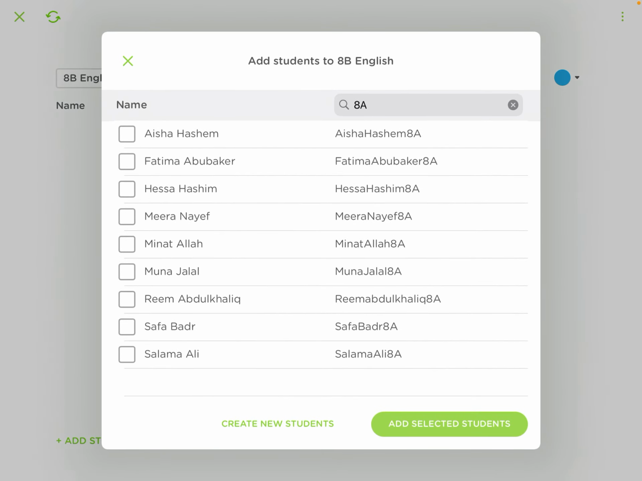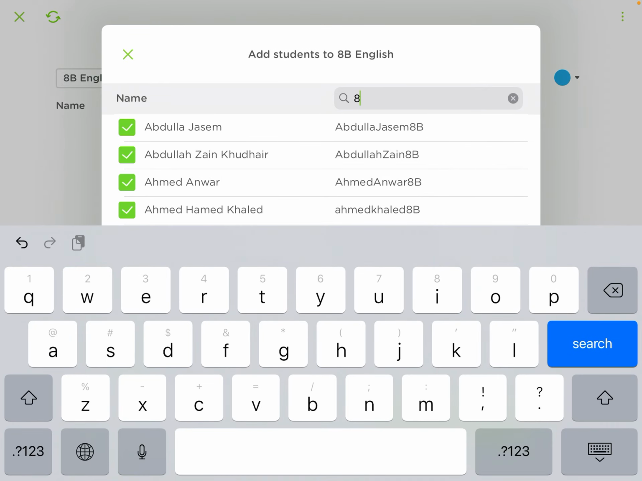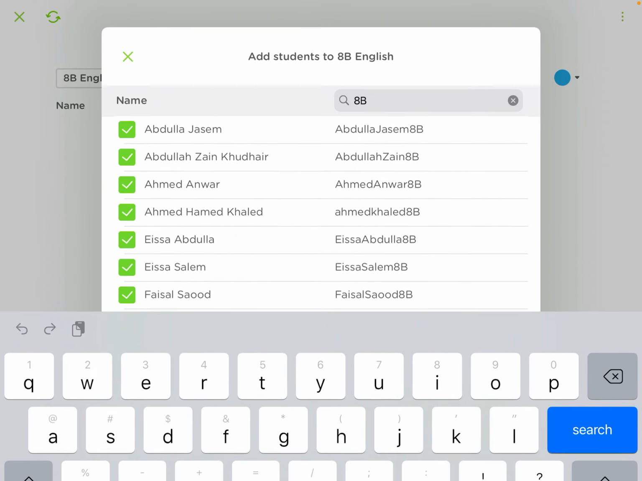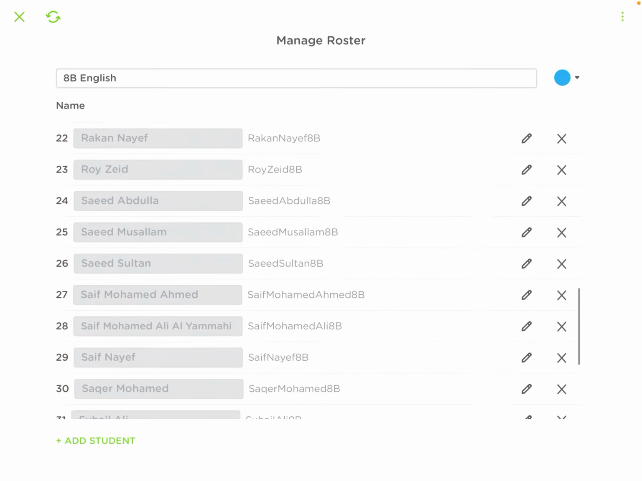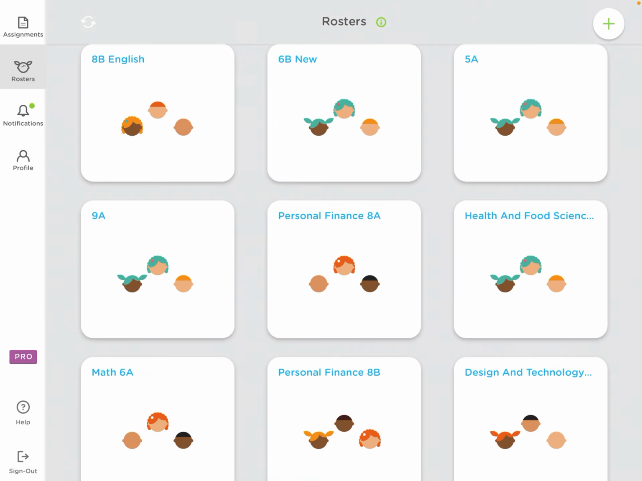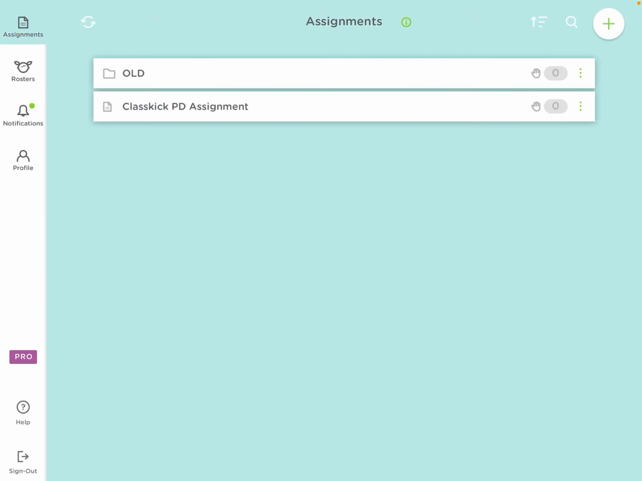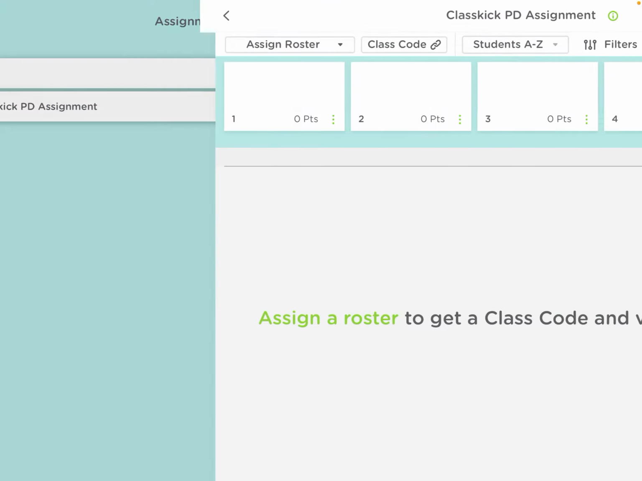Once you're done with all the students you have, you're fine. Click on add selected students. Your roster is ready. So when you do your assignments, when you go back to assignment, let's say this is my assignment,